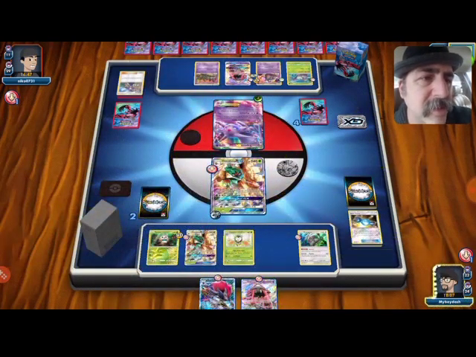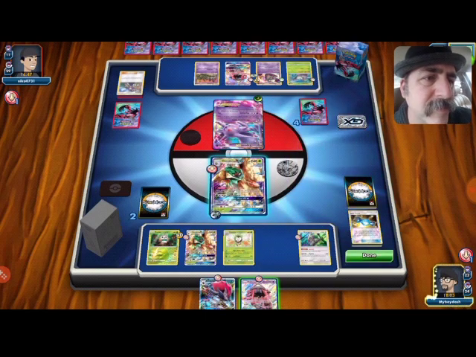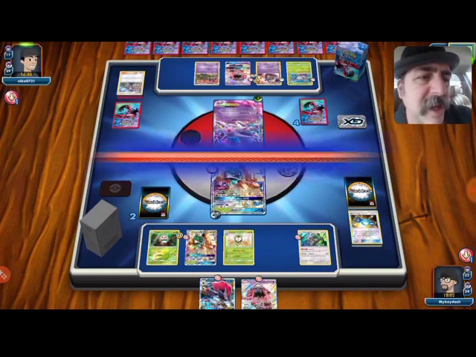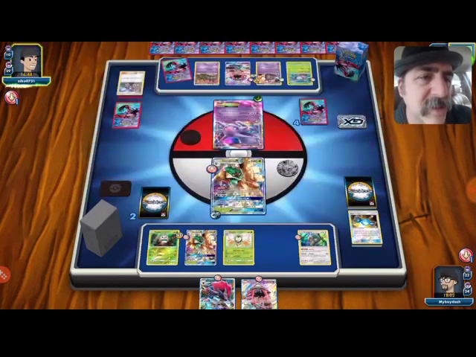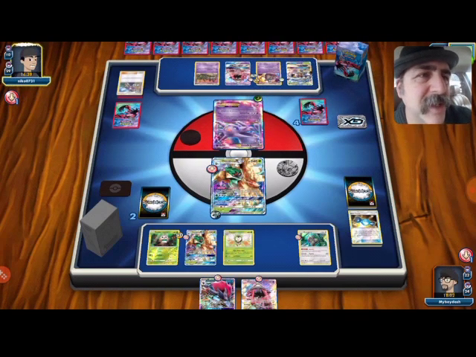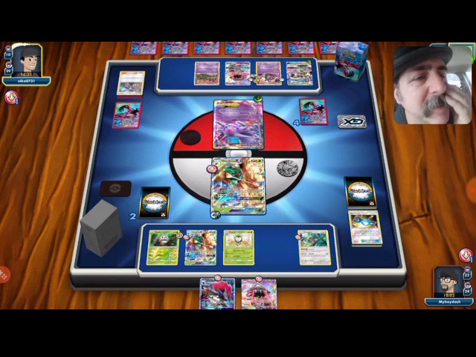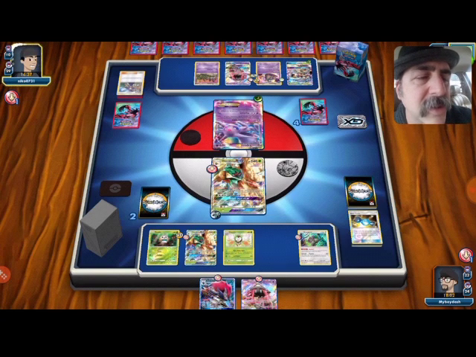And we are just stuck. We are just stuck. I don't know why I bothered to rare candy into it, because he'll de-evolve me again. Although he may take the time to, or just hit. So,